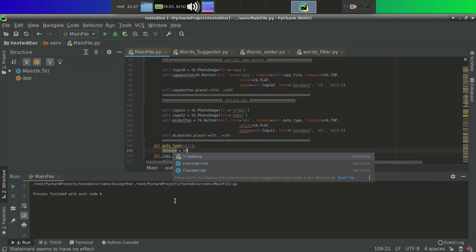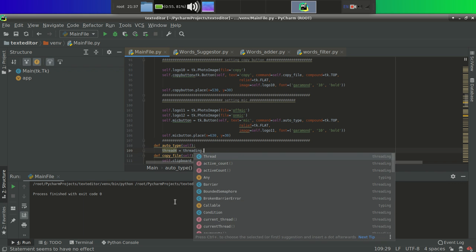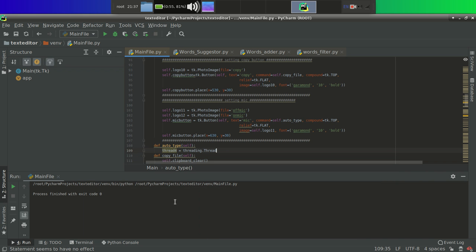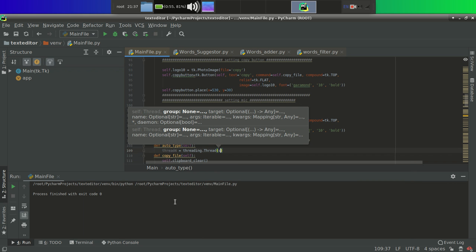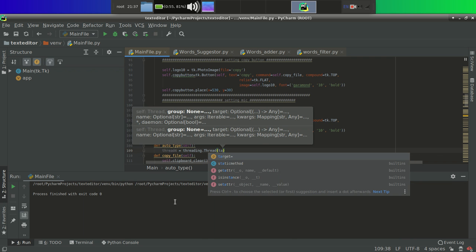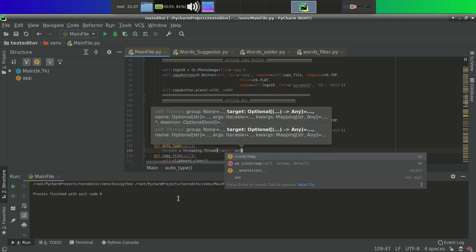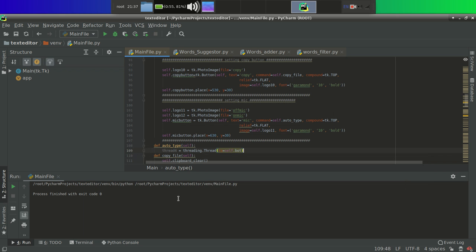Thread 4 equal to threading dot Thread. Target will be, let's make a function name, target equal to self dot bot. It means when this thread runs, a method named self dot bot will be called.